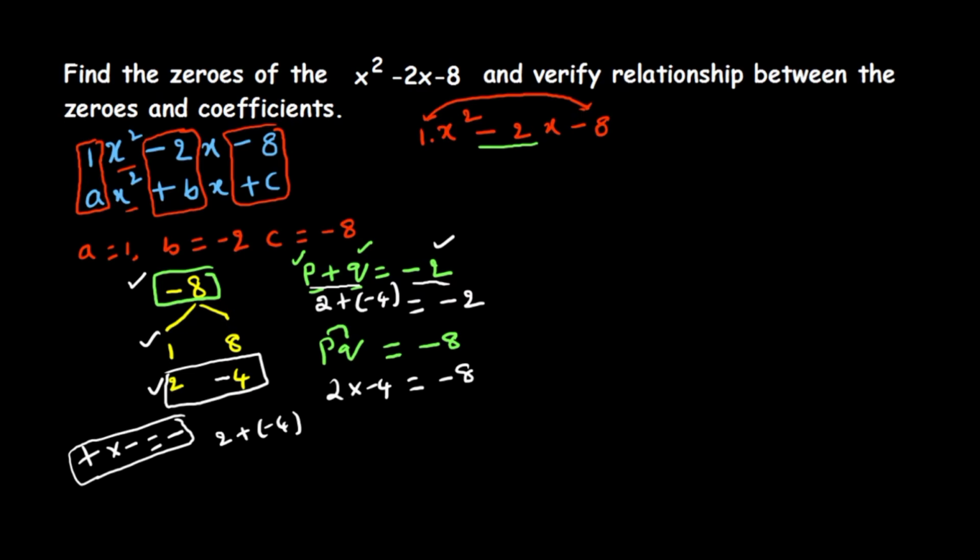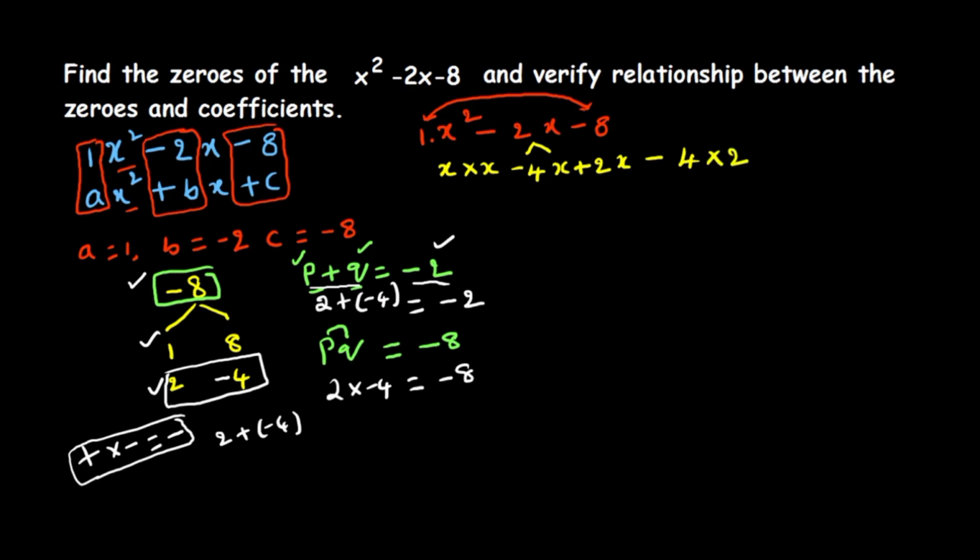So it's satisfied here. So what we do now, this minus 2x we can split into plus 2x and minus 4x. Now you can observe how to write it. This x square we write as x into x. This minus 2x we write as minus 4x plus 2x, because minus 4x plus 2x equal to minus 2x. Again this 8 we write as 4 into 2.